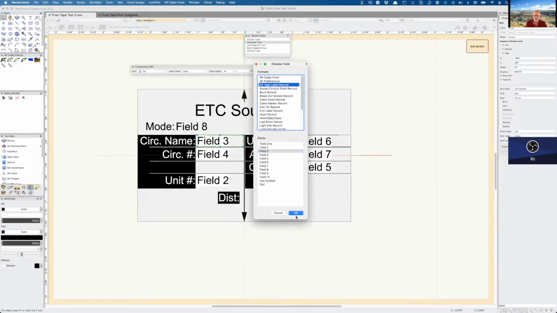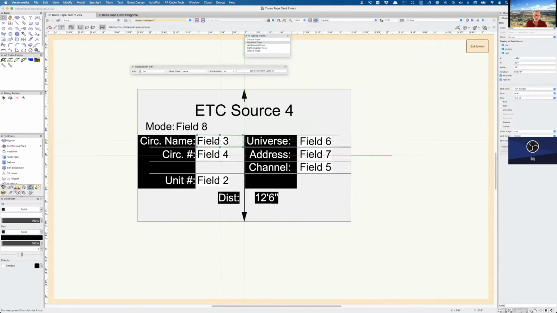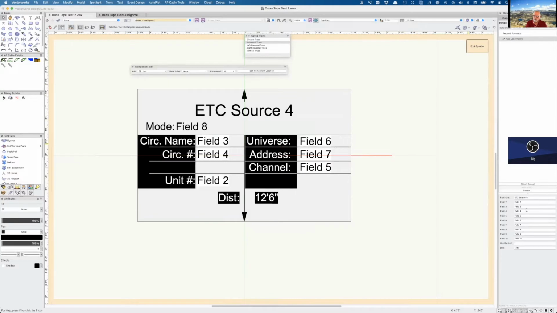The reason that it is displaying field 3 right now is because this particular symbol in its definition has field 3 in the field 3 edit box. If I type something else in here,